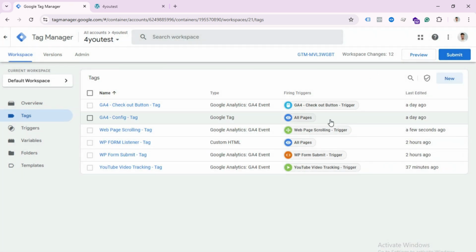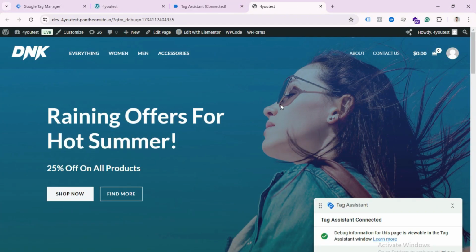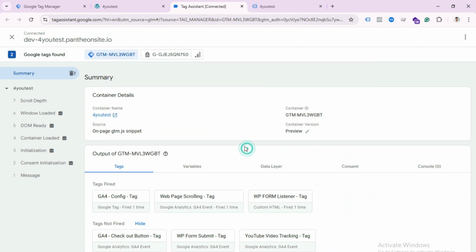Okay, now if you submit this container and go to preview, and also from your GA4 debug view, you can see whether it's working or not. So let's see. I go to preview and also open my GA4 debug view. We can see our Tag Assistant is connected. If I go to Tag Assistant, here we can see the web page scroll tag already fired,